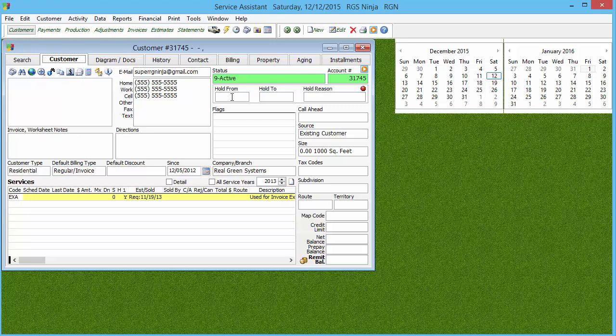Usually when we talk about active customers, we're strictly talking about the status 8 or 9, those green status actives. But again, there is an active customer database and there is a marketing customer database. Within the active customer database, there are 0 through 9 statuses. 0, 1, 2, 3, 4 are the estimates. 5, 6, and 7 are your cancel statuses. 8 and 9 are your active statuses, which are the ones you're actually going out there and doing stuff for.